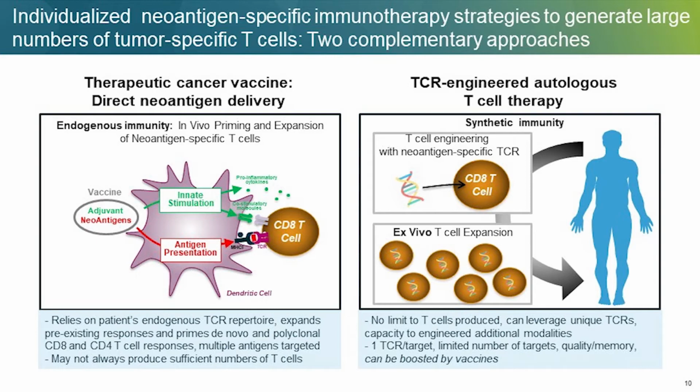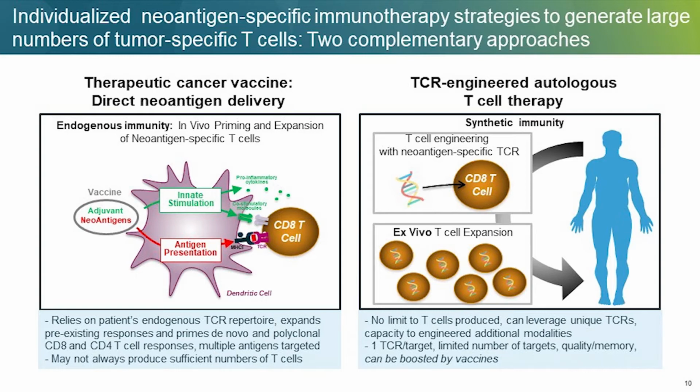So what is interesting is that the vaccine relies on the patient's endogenous TCR repertoire. It allows not only to expand a pre-existing response, but also to prime a de novo response. The vaccine is generating a polyclonal response, CD4 and CD8 response, and multiple antigens can be targeted. I think one of the big questions is, can we generate a sufficient number of T cells for effective tumor